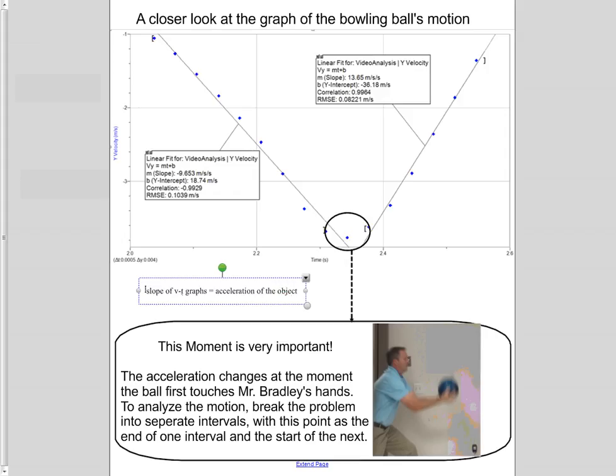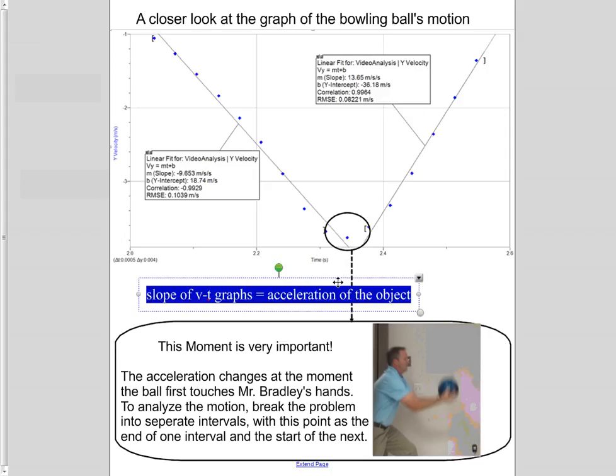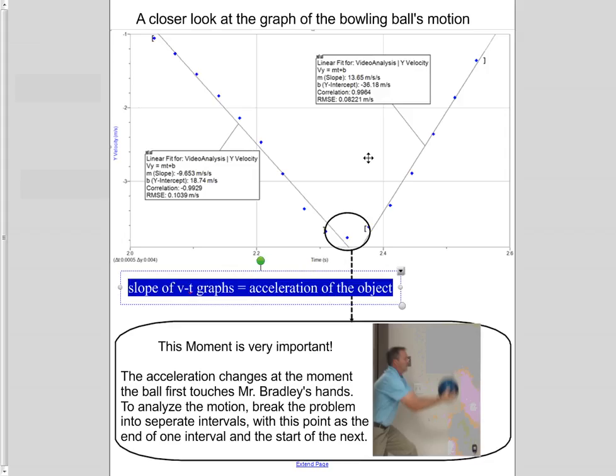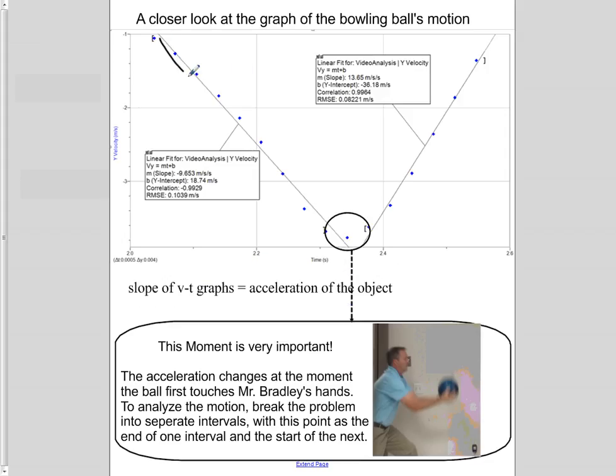And we can see that, zoom that up a little bit. We can see then that the slope is fairly consistent from here to here, and it should be because it's falling due to gravity the entire time. This point right here where the slope changes and becomes positive is the point right when he caught it, when he first started touching it, because that's when Mr. Bradley is pushing up. So we would expect a positive acceleration, and that's why the slope becomes positive rather than